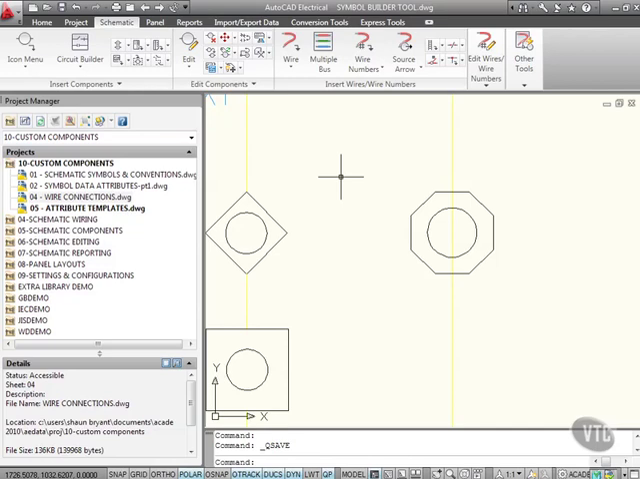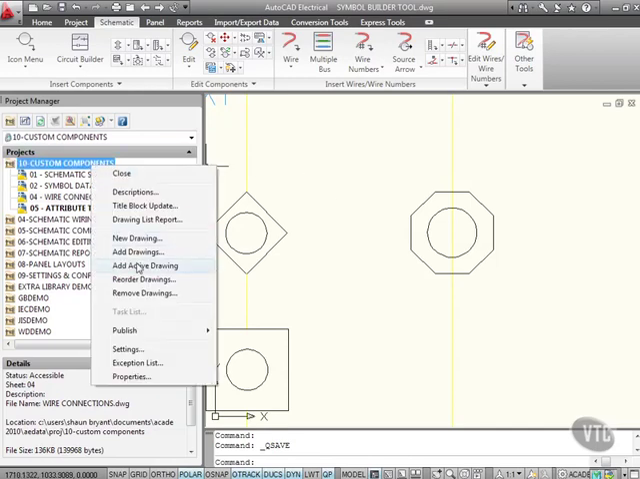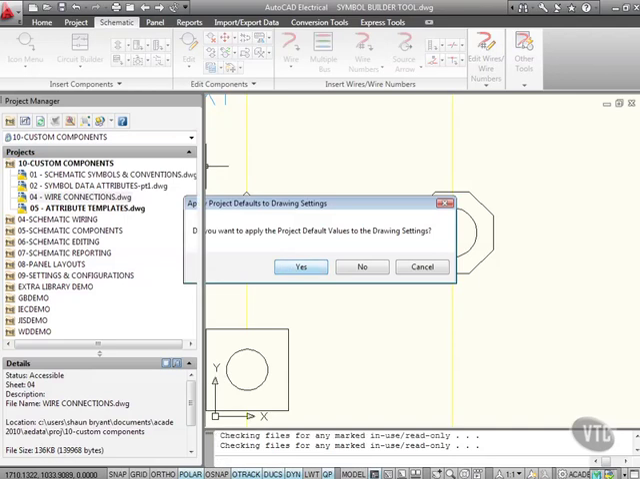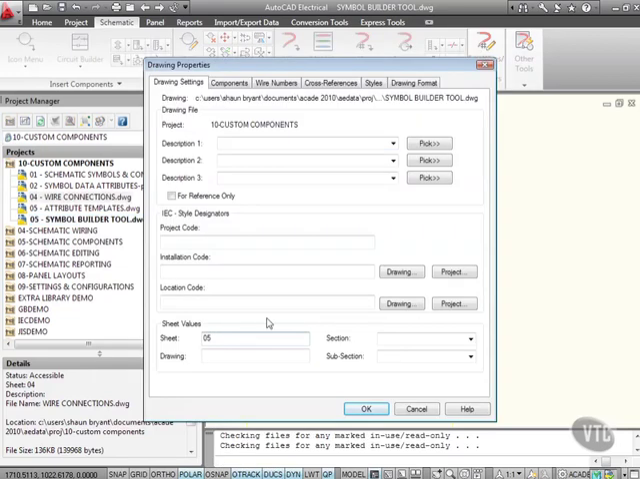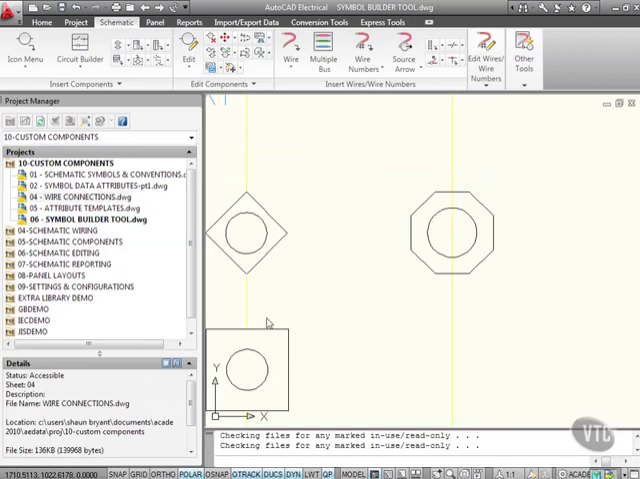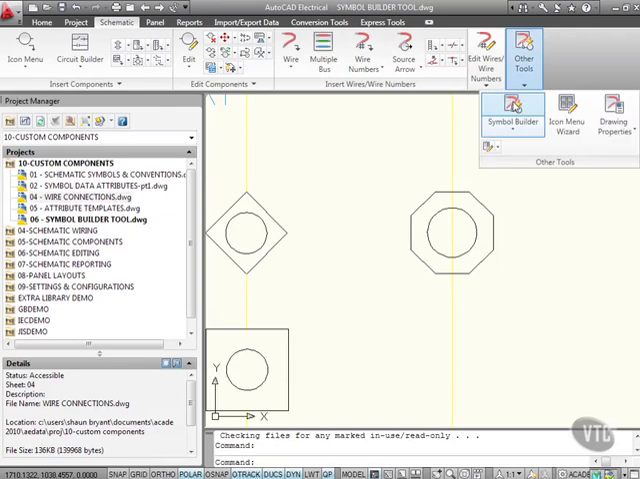Now before we do that, we must remember to add our drawing to our project. So it's a right click, add active drawing, yes to the project default values. Right click on Symbol Builder tool there, properties, drawing properties, and give our sheet value a schematic value of 06 and then OK that. OK, onto the schematic tab there on the ribbon and onto the other tools panel, click, and there's Symbol Builder